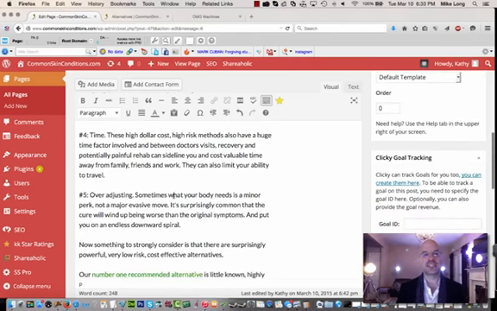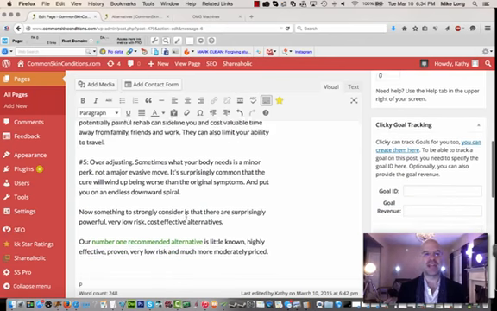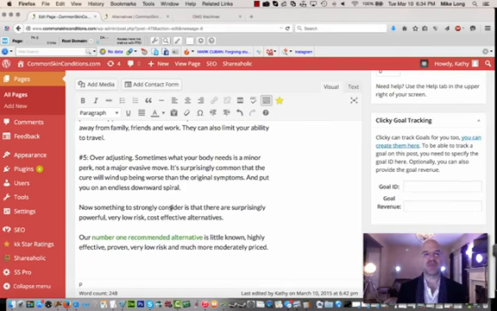Over adjusting. I like this one. Sometimes what your body needs is a minor perk, not a major invasive move. It's surprisingly common that the cure will wind up being worse than the original symptoms and put you on an endless downward spiral. Now, something to strongly consider,